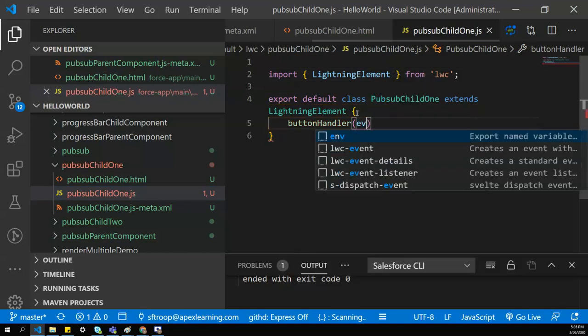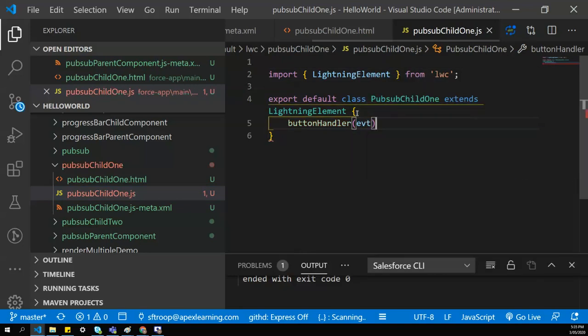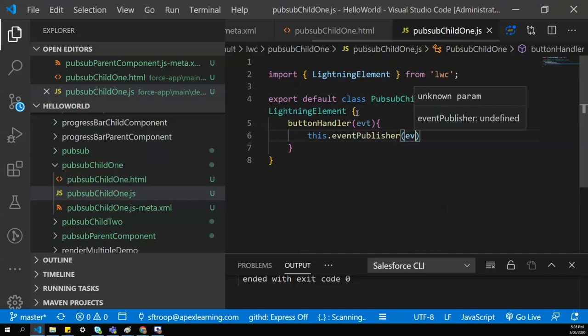It will receive an event, and I'll call another method, this.eventPublisher.